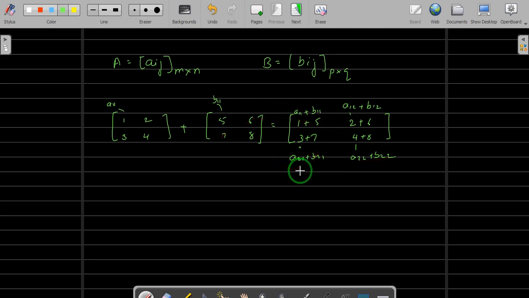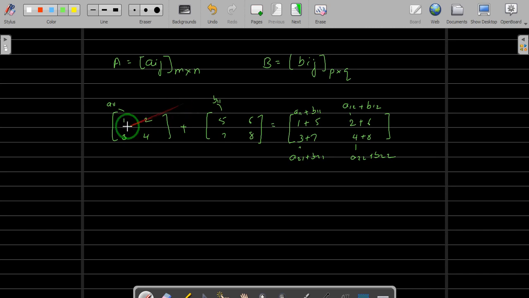Now with this example you might have realized that to add two matrices we should have the same order, right? Suppose this is a 3 by 2 matrix, with what element are you going to add it? So one point is, to add two matrices you should have the same order for both.